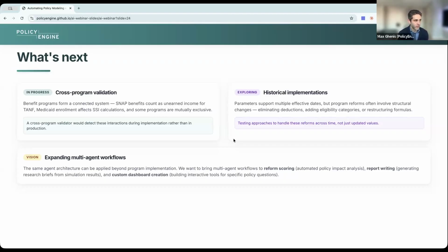There are still more things we can do with it. For example, of course, keep policies up to date. Right now we're in the midst of updating all of the state level tax. States are releasing their tax forms, so we can use those to update our model there. It's not quite the same flow as what we've shown for going from zero to the full program, but we can use and reuse, for example, the skills and the agents to do that.